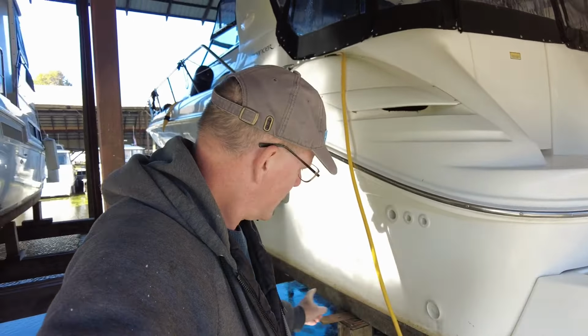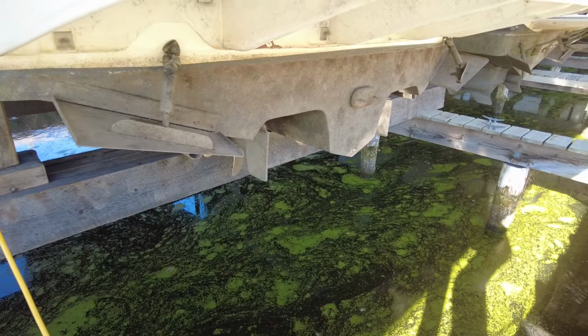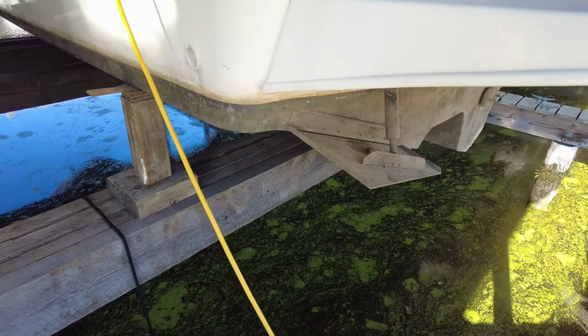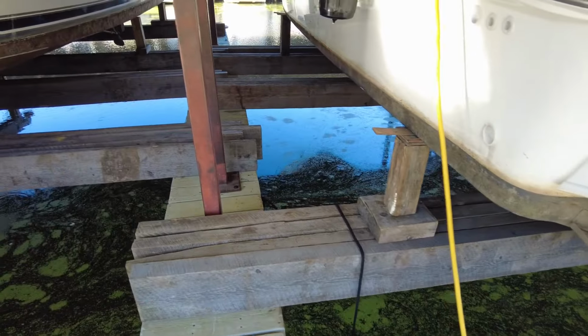One more thing I want to do is grab a couple of planks and put them here, but I'll show you that either later today or in a later video. So we'll call this the before look, and you see how there's just stuff growing on the hull of the boat. So hopefully I can reach everything with the pressure washer, and like I said, I'd like to get a couple of planks. I don't know if I can do that today or not, but